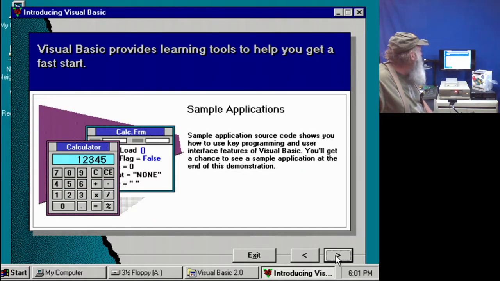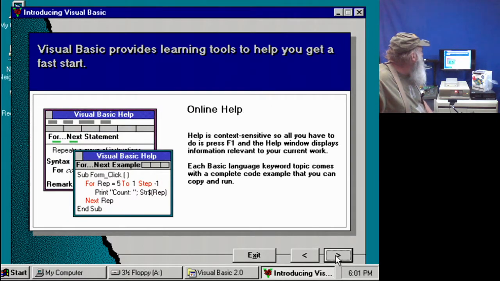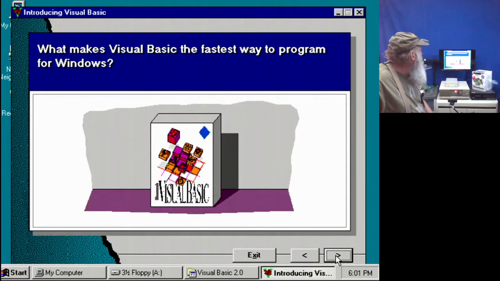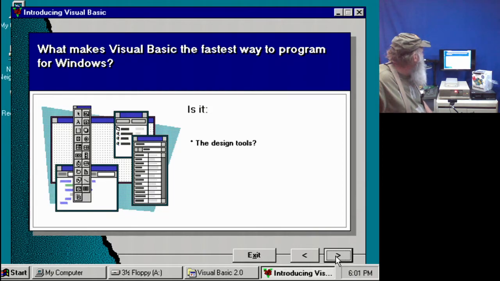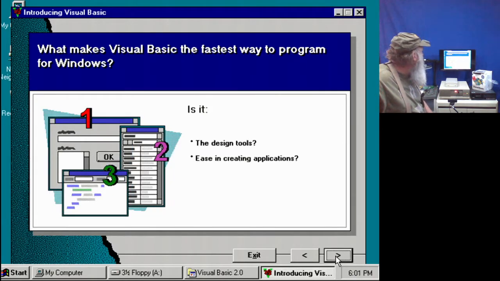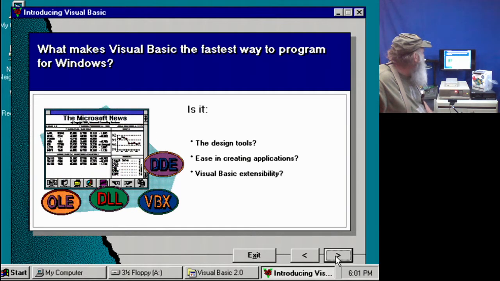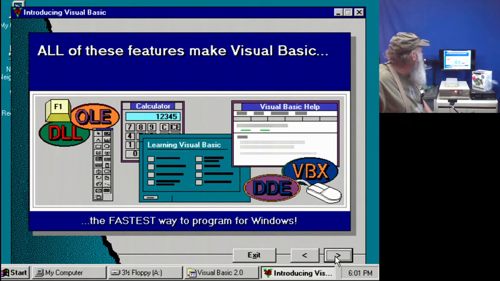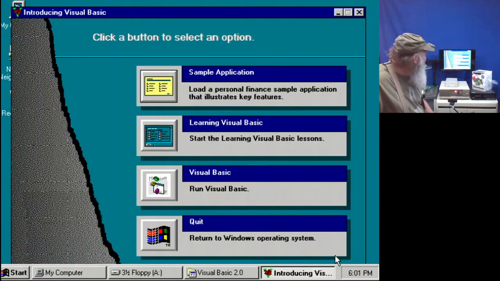Okay. Sample applications. Okay. What makes Visual Basic the fastest way to program for Windows? I didn't know there'd be a quiz. Or are they going to say all the features? Fastest way to program for Windows. Okay, so